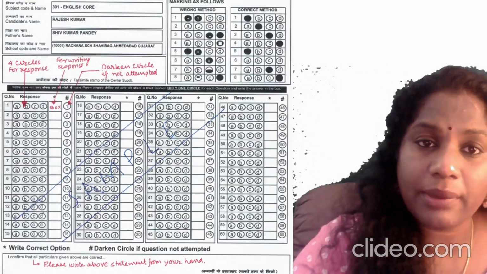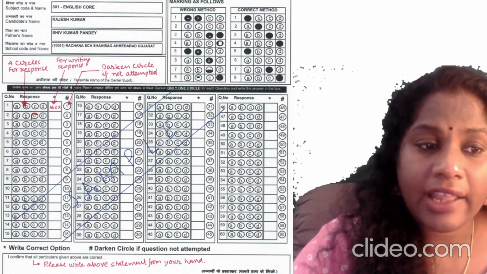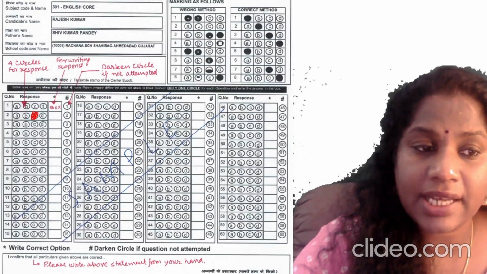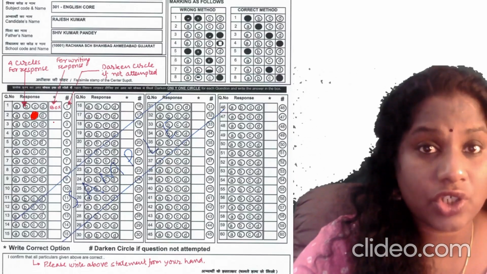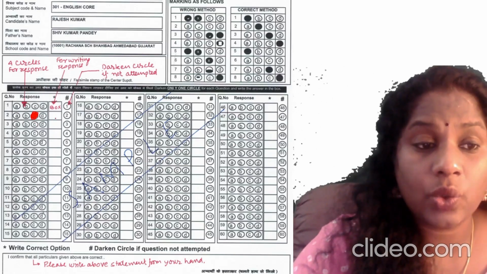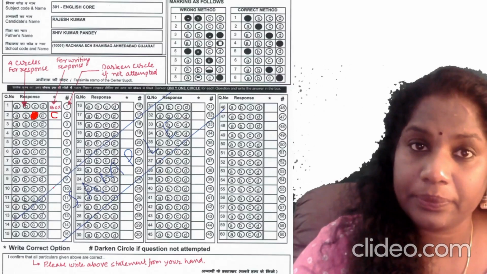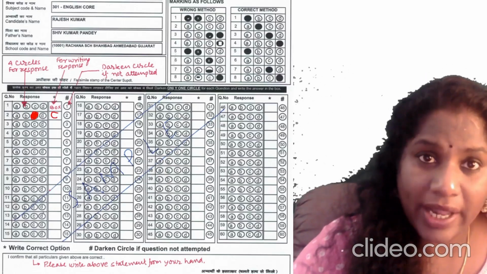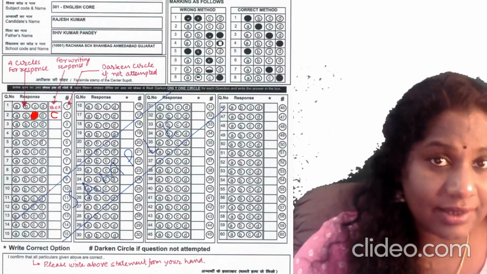Let's start with question number 2. If for question number 2 my answer is C, I will have to go ahead and darken the circle C. Please darken it correctly when you are doing. After that, once you are sure that your answer is C, you will go ahead and write that in the box, C. It's very important to write the answer in the box, because while correction, CBSE is going to consider the answer which is written in the box, not in the circle.